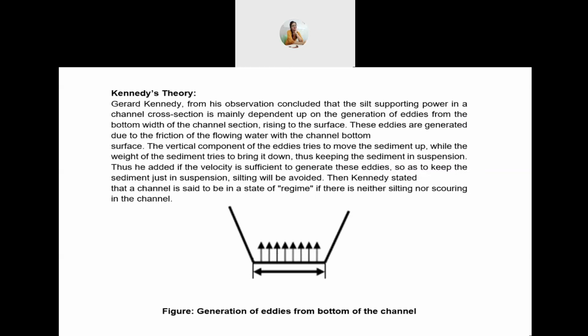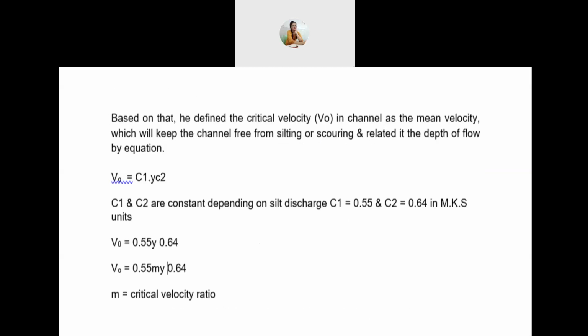Then Kennedy stated that a channel is said to be in a state of regime if there is neither silting nor scouring in the channel. In this figure, you can see the generation of eddies from the bottom of the channel. Based on that, he defined a critical velocity V0 in a channel as the mean velocity which will keep the channel free from silting or scouring, and related it to the depth of flow by the equation